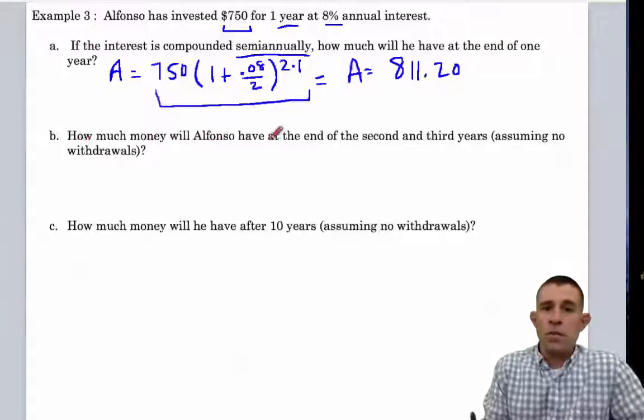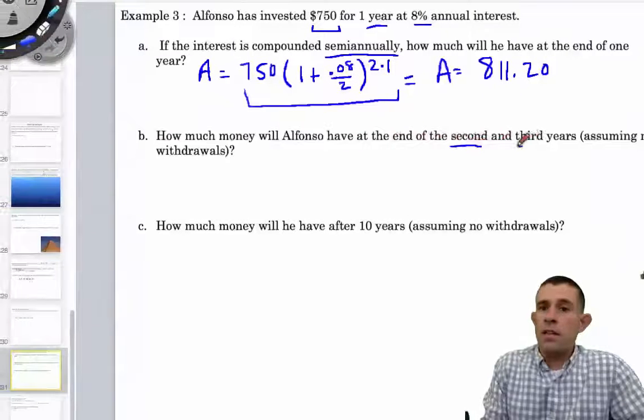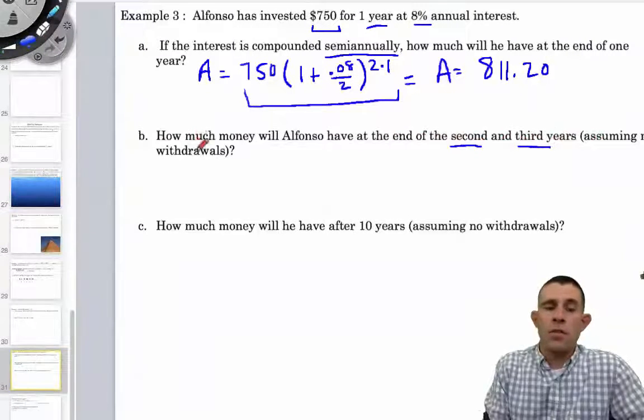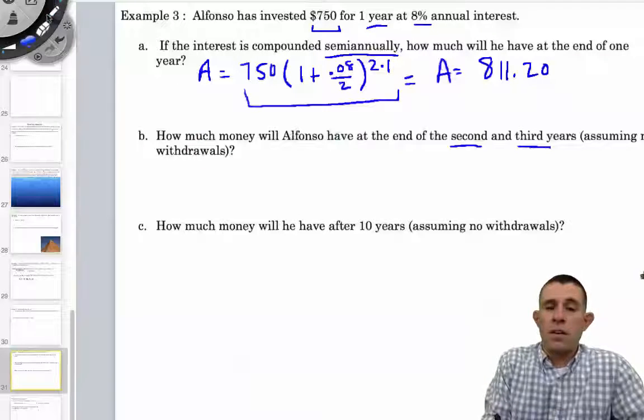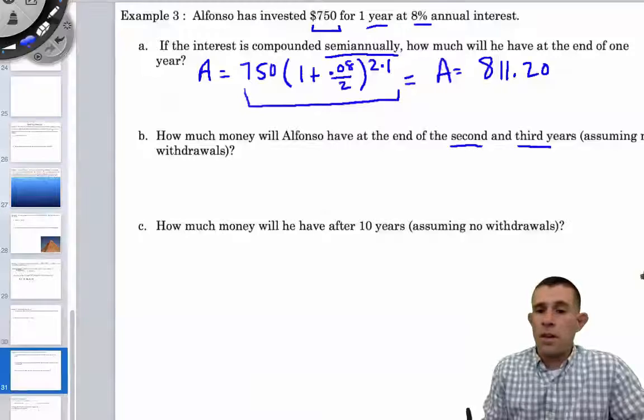It says, how much money will Alfonso have at the end of the second and third years, assuming that there's no withdrawals. Now, this can be easier to actually calculate just using our calculator. So I'm going to show you how to do that